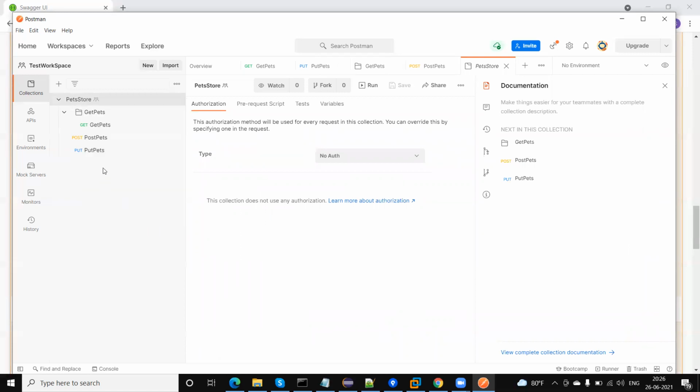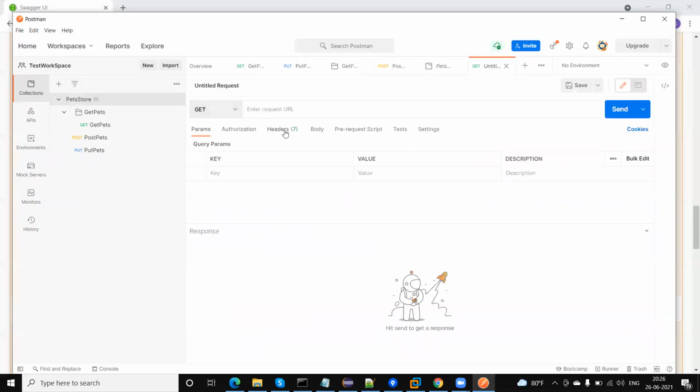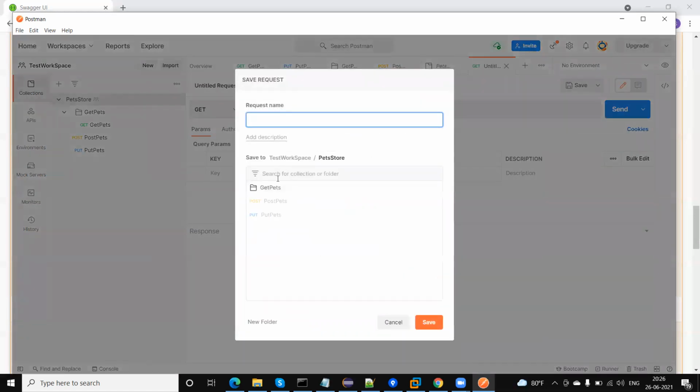Okay, we can also create a request from here. Okay, new HTTP, but in that case you need to save this under a workspace collection. Because you have created it outside of the collection, directly from the workspace, it will ask to save in a particular collection.